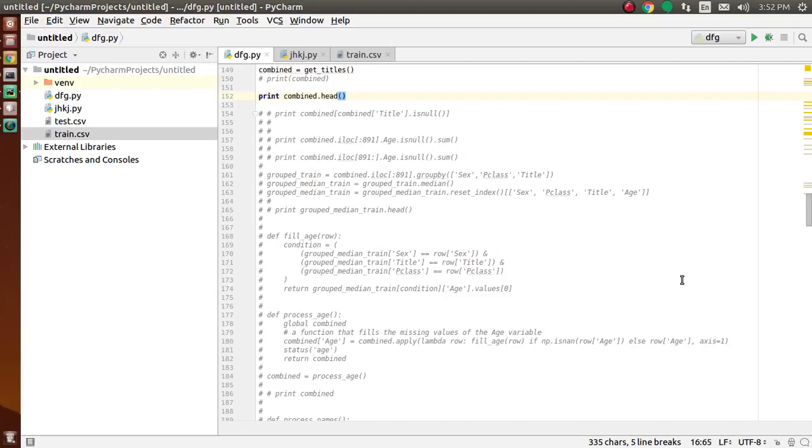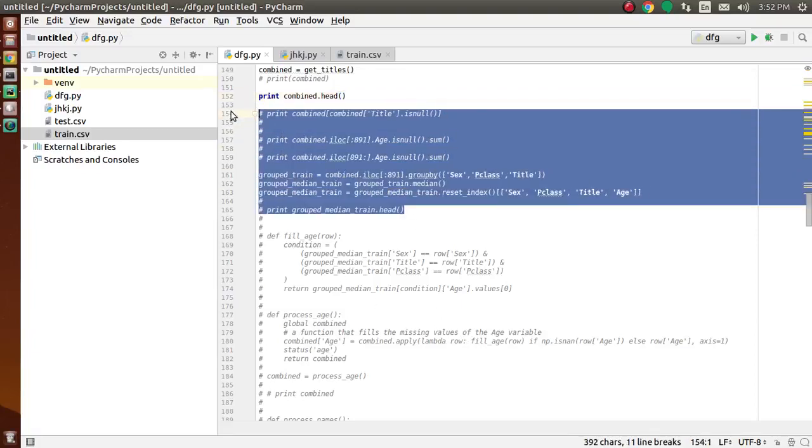After that we process the age. We have seen in the first part that the age variable was missing 177 values. This is a large number, so simply replacing them with the mean or median age might not be the best solution, since age may differ by group and category of passengers too. So let's group our data by sex, title and passenger class, and for each subset compute the median age.